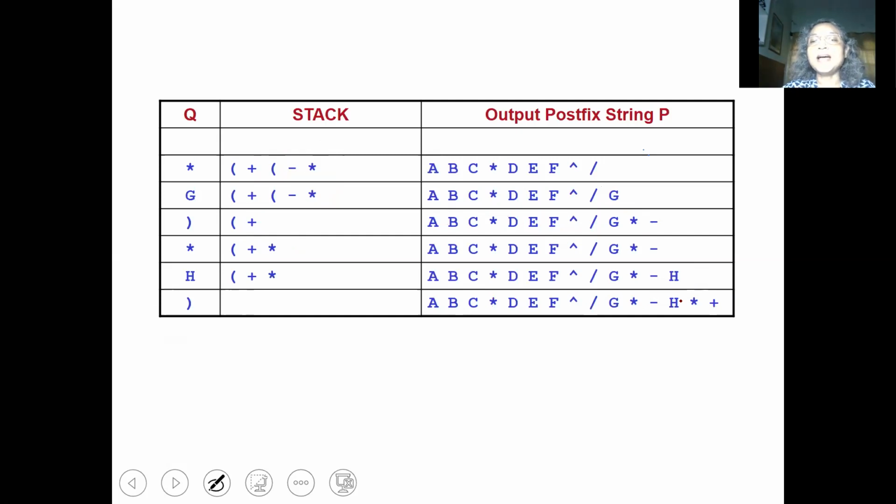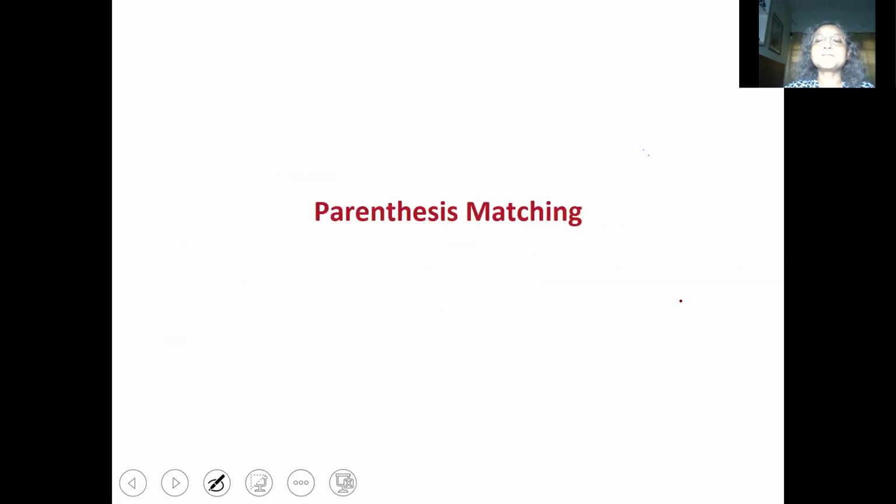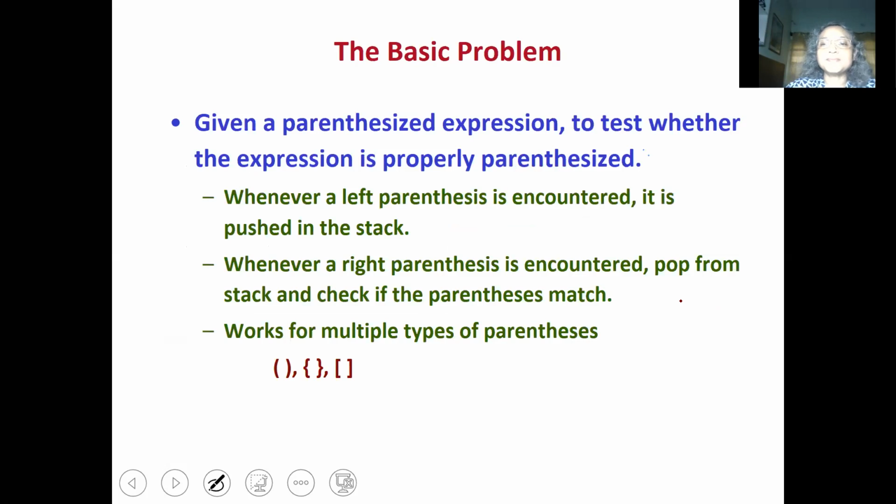We have also seen how a stack can be used to evaluate a postfix expression using a single stack. We will now look at a second application of stack, which is parenthesis matching. When we have a parenthesized expression, we want to test whether the expression is properly parenthesized.